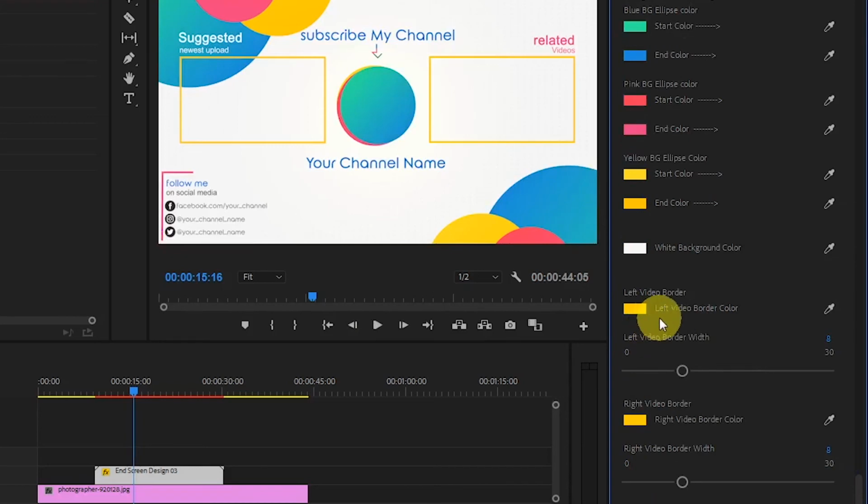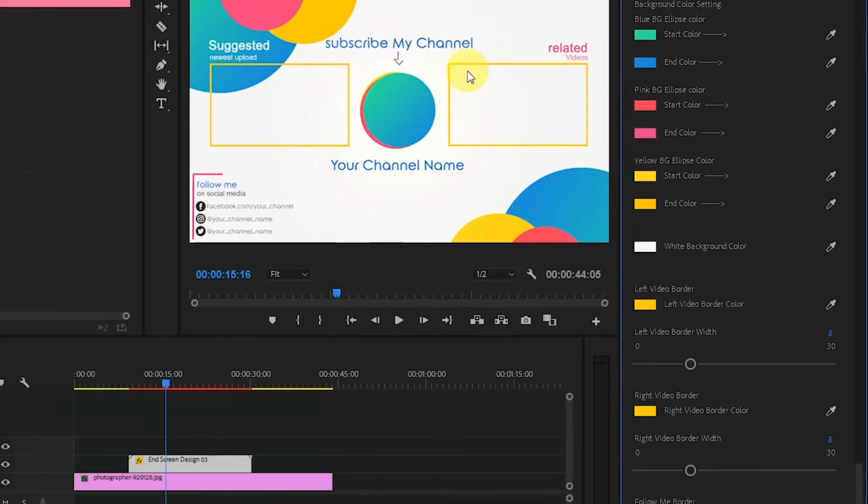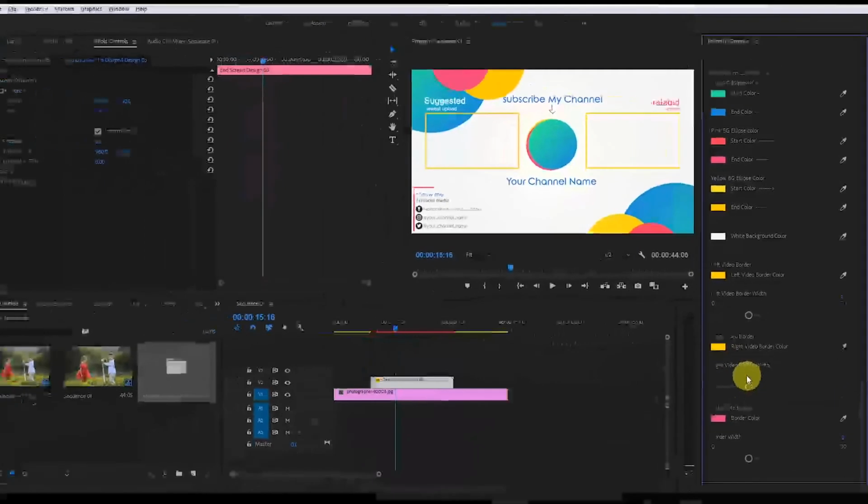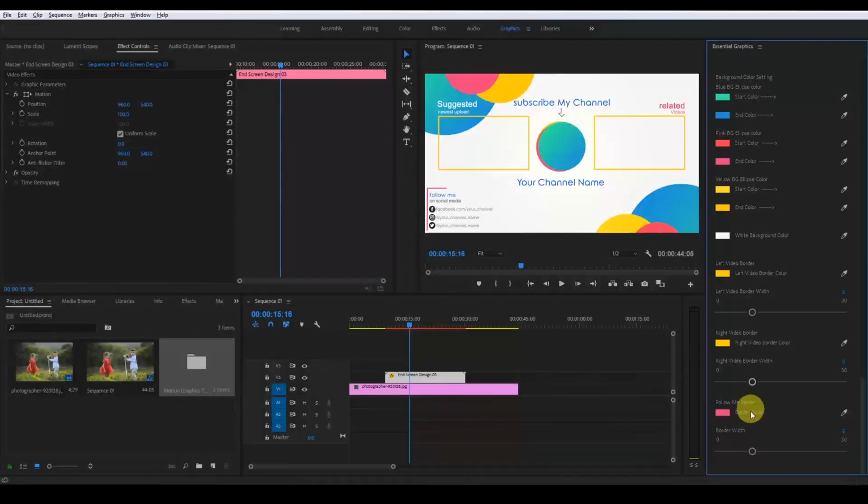After that you will find left video border. You can change this border's color and width. And after that, right video border, you can change its color and width of this border from here. After that, follow me border. This one I called follow me border.